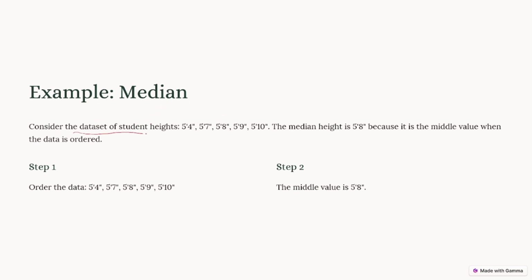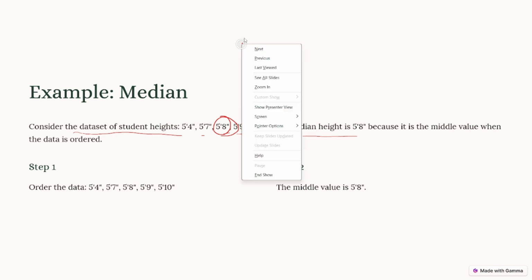So take an example of the median. Consider the data set of student heights: 5'4", 5'7", 5'8", 5'9", 5'10". The median height is, yes, the middle-most observation, 5'8". Yes. But in case you have a data set, like for example